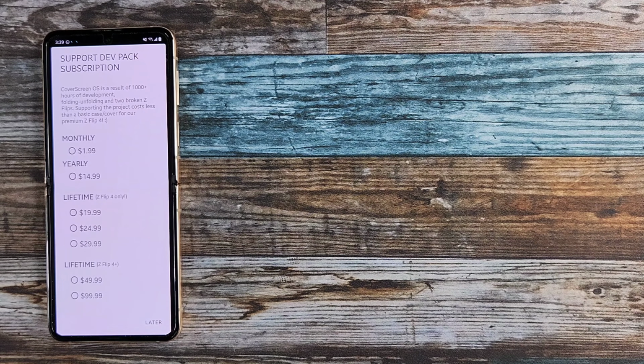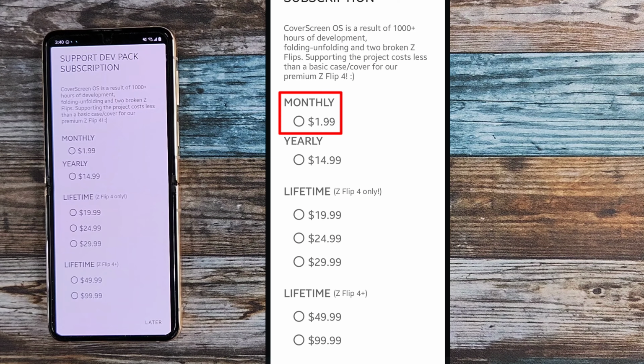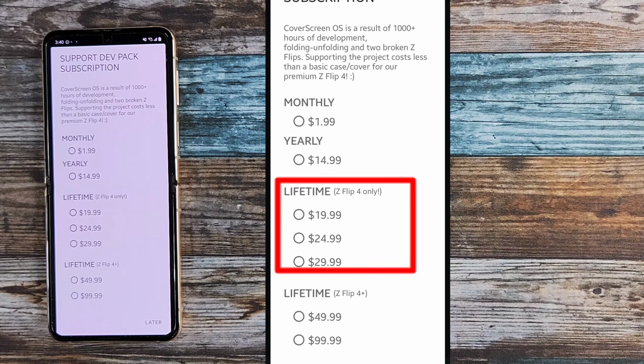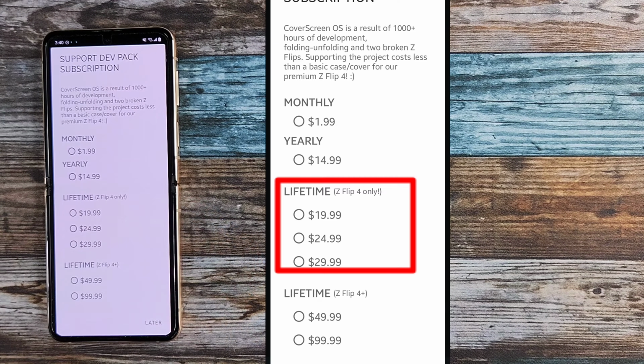The paid version of the app has a few different prices, and it does give you more features that expand on what we've already talked about. Pricing goes like this. You'll either be paying $1.99 monthly, $14.99 yearly. For a lifetime for the Z Flip 4 only, that means you can only use this application on a Z Flip 4 device. You'll be paying either $19.99,